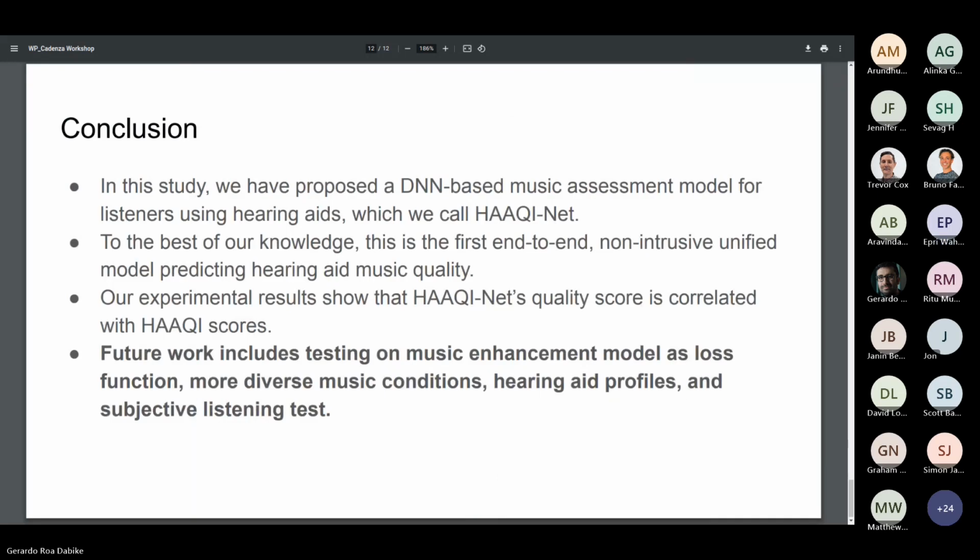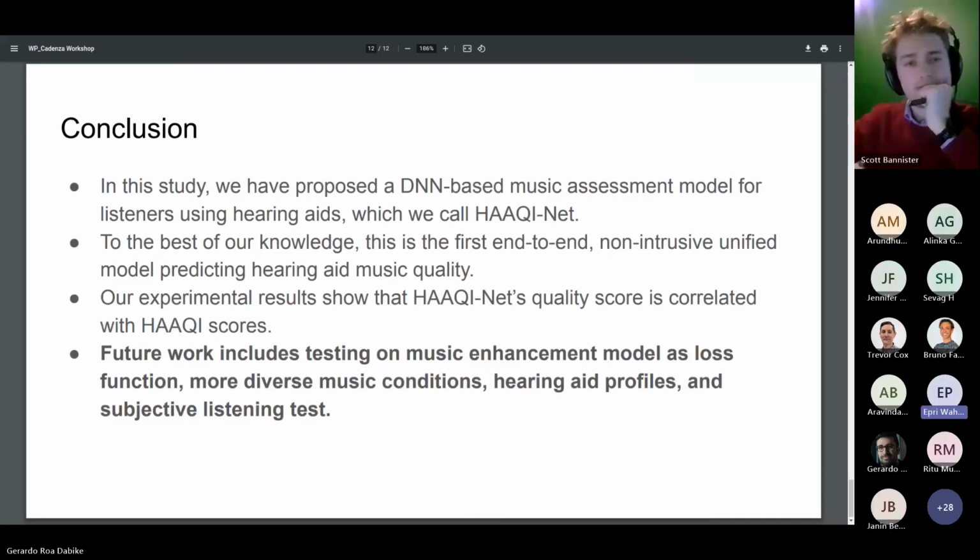Based on the graph, our prediction model for the HakiNet has some good correlation between the true and predicted scores. Our future plan is to use this Haki loss model in the music enhancement so that we can improve the music.